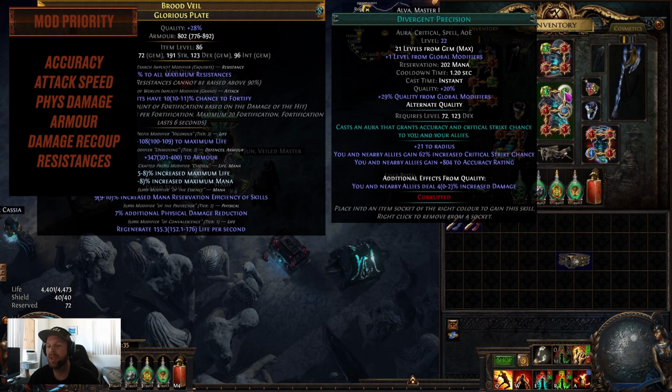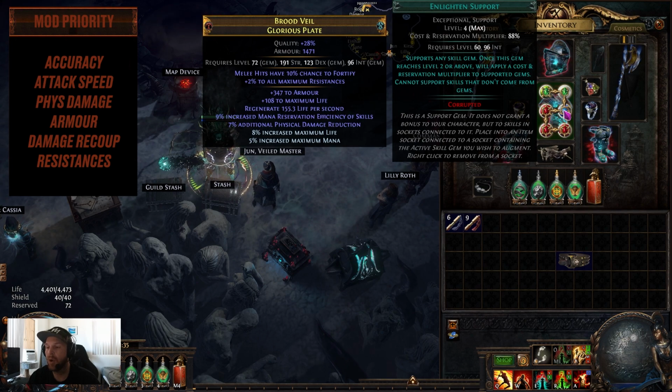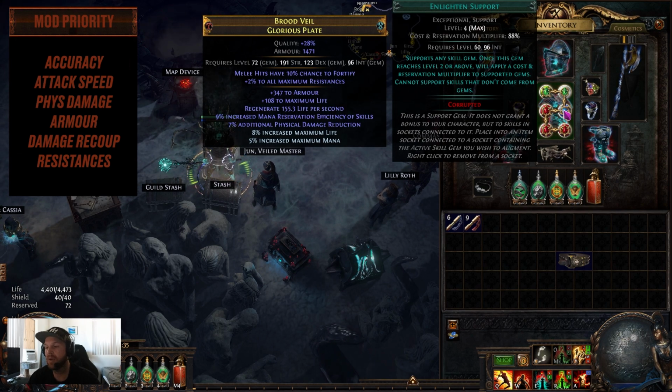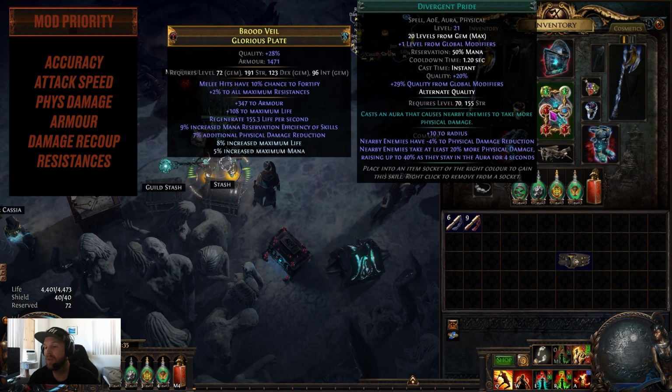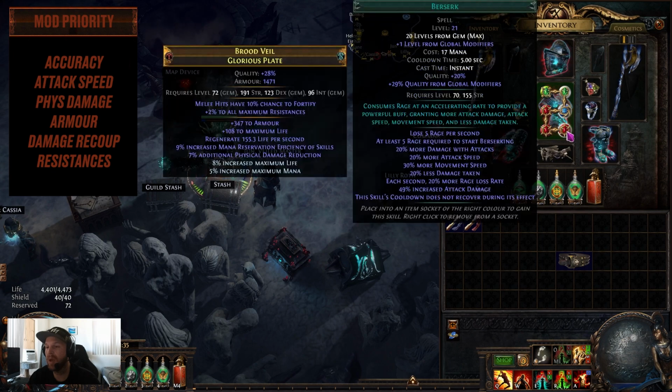And we have that corrupted to 21, and then we get 20% quality out of the gem itself, and then 29 out of our Ashes of the Stars. So we're getting a lot of increased damage there just from this one gem. Lighten, level 4, obviously. If you're running a level 3 or whatever, you'll have to wait or maybe leave one of these out. We have Divergent Pride, Determination, which is a big one, and then Berserk, right? So this is obviously not an aura, but this is just a big damage buff after we've charged up our